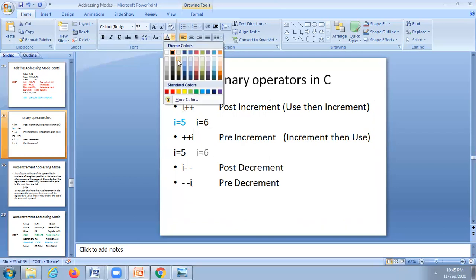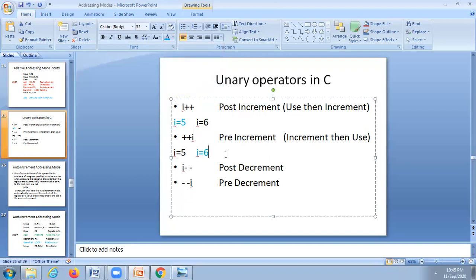That means the current value is to be used, not the previous one. That is first increment, then use it. Pre increment means first increment, then use, whereas in post increment, first use, then increment. The same thing is valid in the case of decrement also.